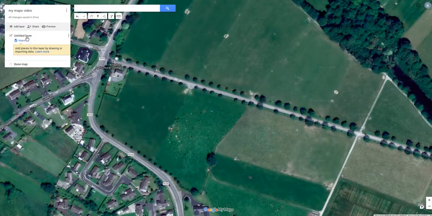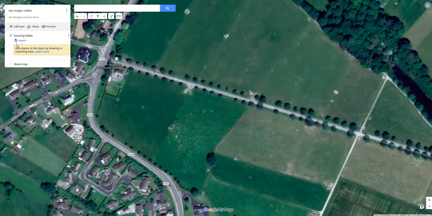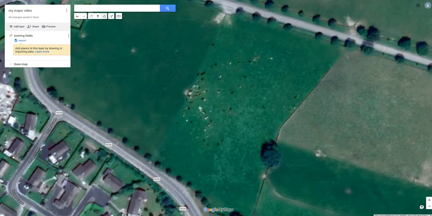So I'm going to create on this layer. We'll give this layer a name. We'll just call it existing fields, and we'll hit save. On that layer, I'm going to measure this area here. I'm going to click add line or shape, and then starting off at the fence line here, we'll follow that fence line along here to the gate, from the fence line down there